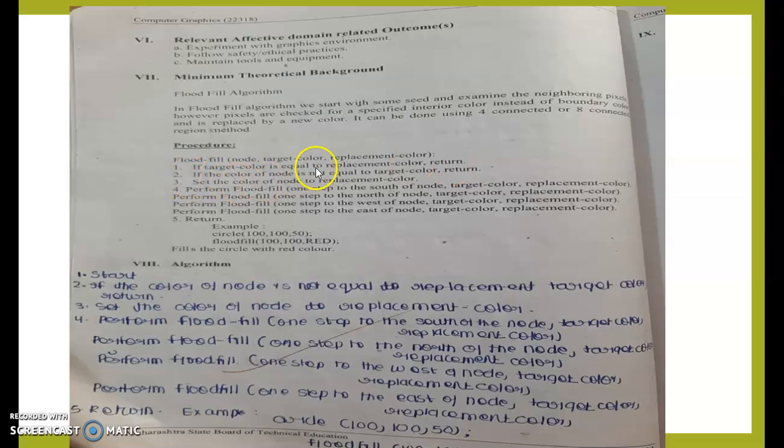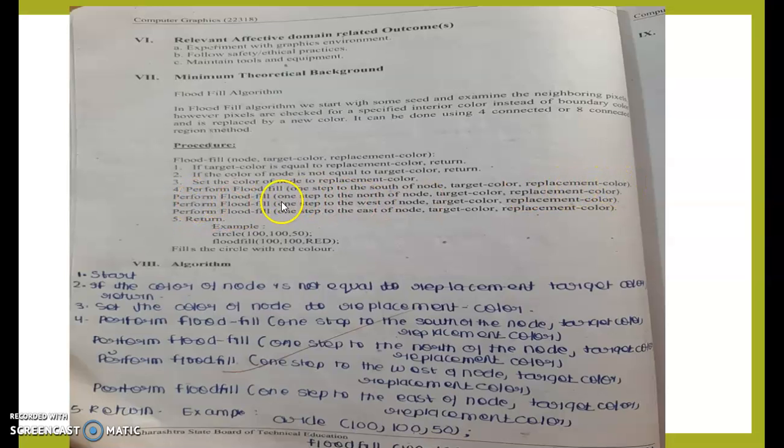Second step: if the color of the node is not equal to target color, then return. Set the color of the node to replacement color. You have to change that particular color of the node. Then the fourth step is perform flood fill one step to the south of the node, target color, replacement color.